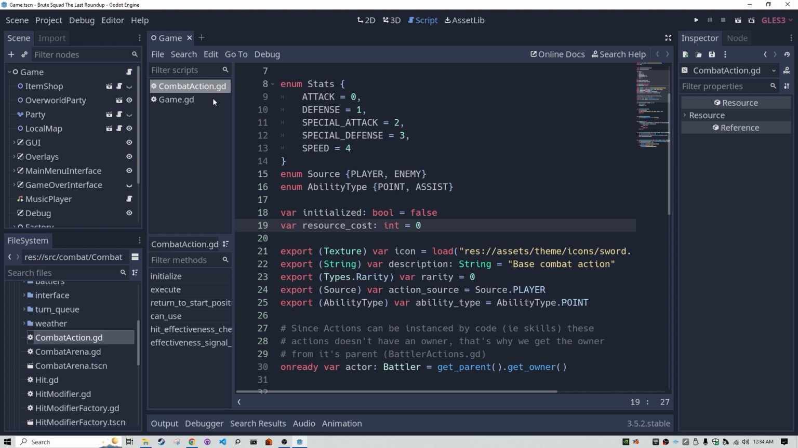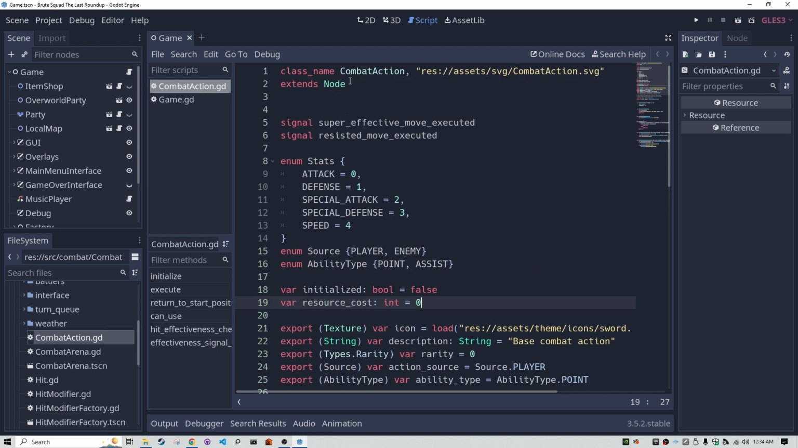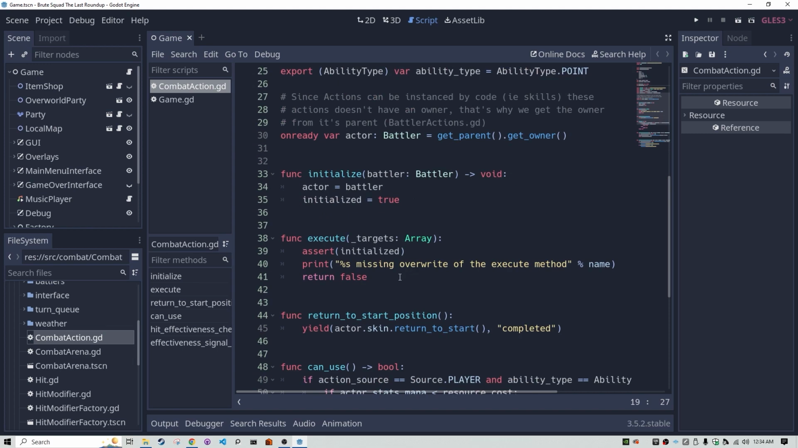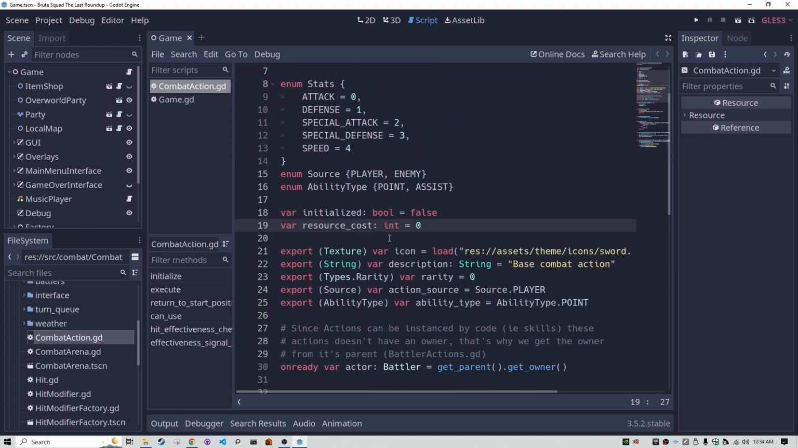So it's an RPG, so basically the attacks are all descendants of this class called combat action, right? And we'll get into this more and more as the series goes on. But essentially, the point of having a class like this is that we can create some functionality that all combat actions share, right? And so notice that the resource cost is statically typed to an integer, right? And it actually defaults to 0. But the point is that if we get into the game,